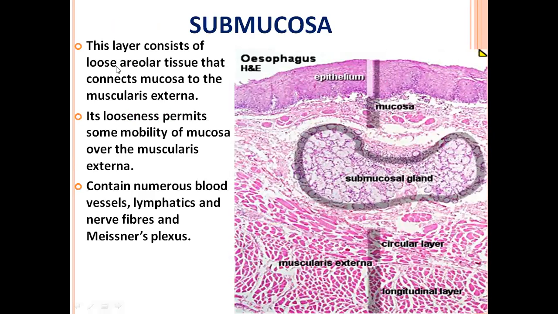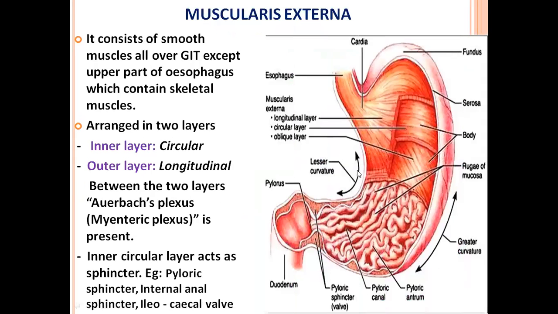The submucosa consists of loose areolar tissue, which connects the mucosa to the muscularis externa. Its looseness permits mobility of the mucosa over the muscularis externa. The submucosa contains many blood vessels, lymphatics, nerve fibers, and special nerve endings called Meissner's plexus. Now the muscularis externa, the outermost muscle layer, is present all over the GIT except in the upper part